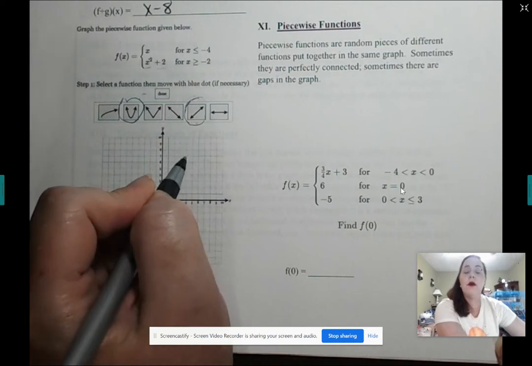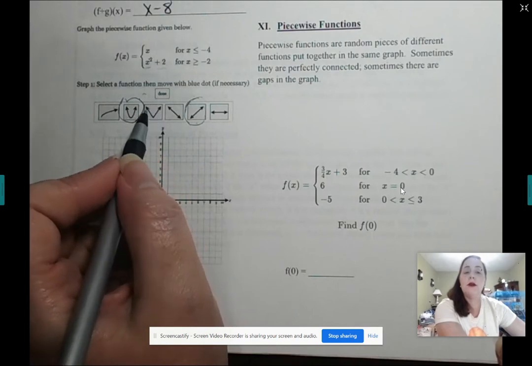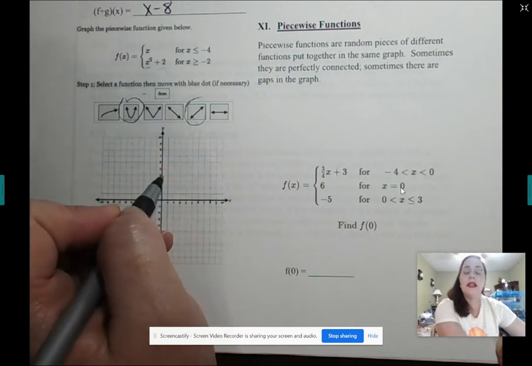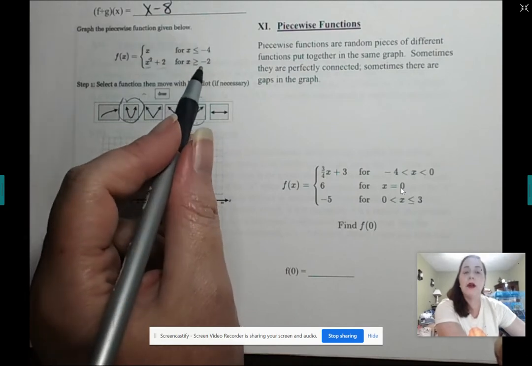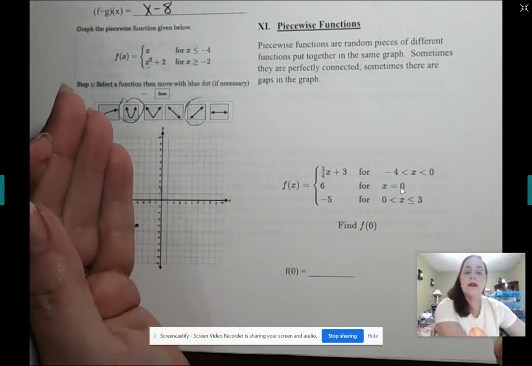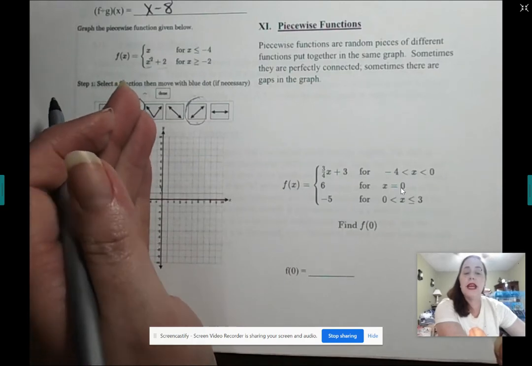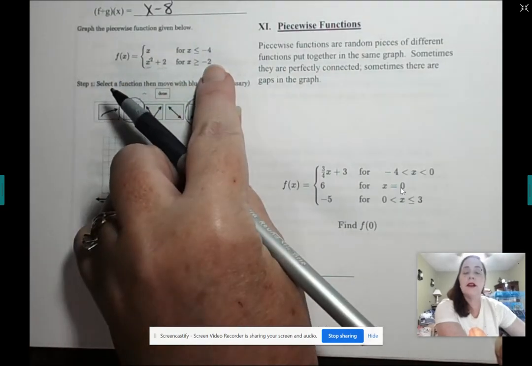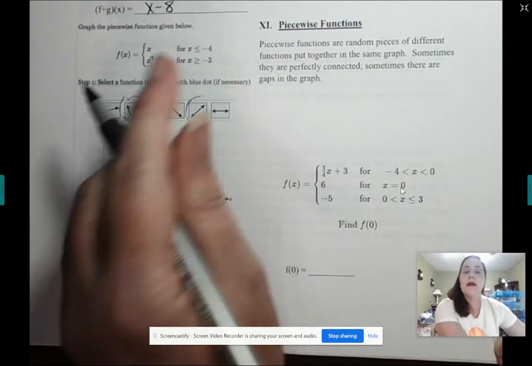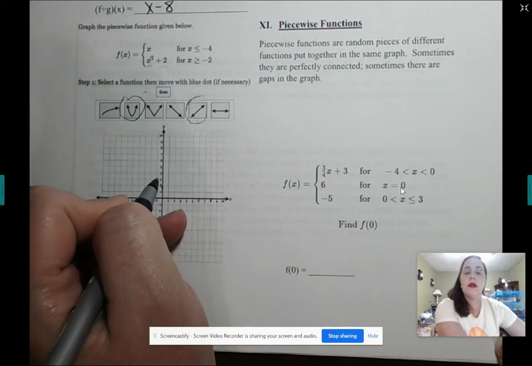It's going to give you the whole parabola, but then you're going to take the crop line that you get once you have put that and shifted it up 2. Then there's a next step where the crop line is going to pop up, and you're going to move it over to negative. It's going to come from this side actually, and you're going to move it over to -2 because that's the x value where this interval is starting, and keep everything to the right of that value. So you'll end up with